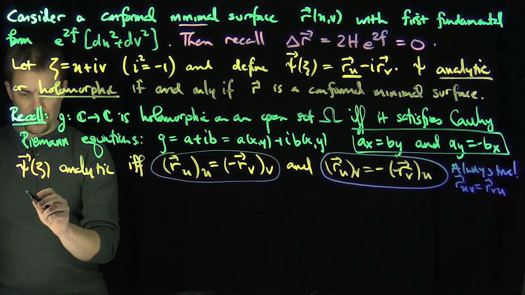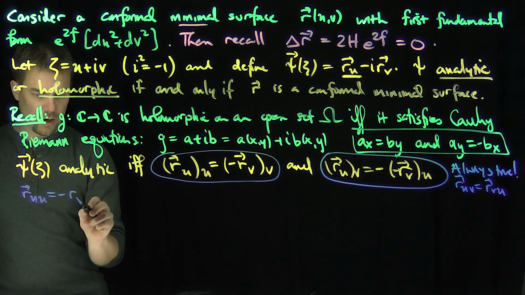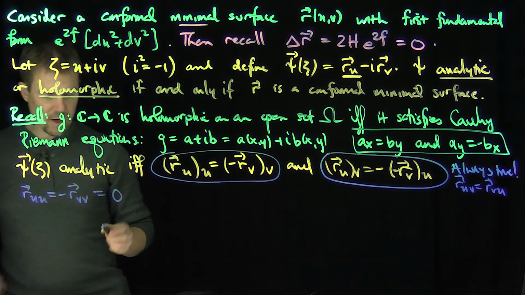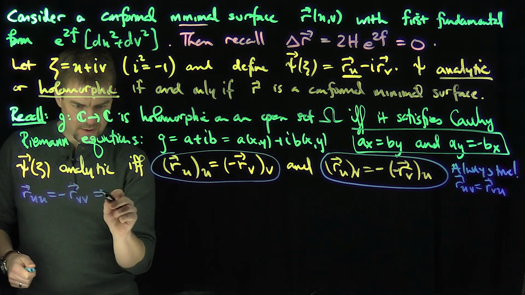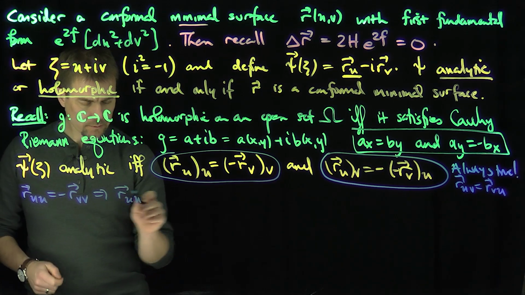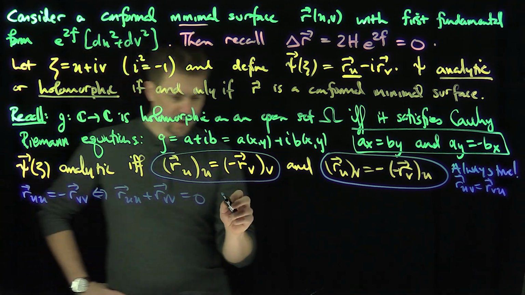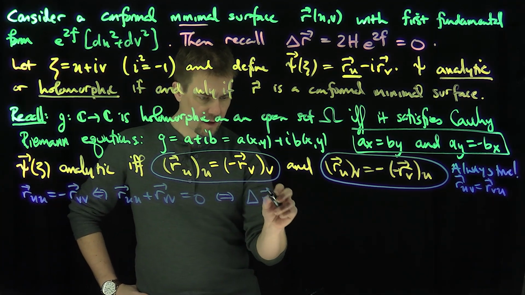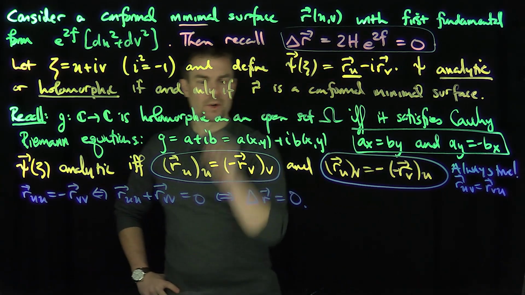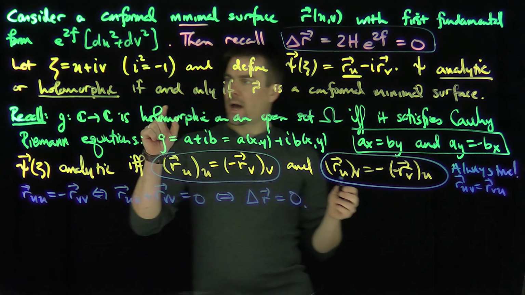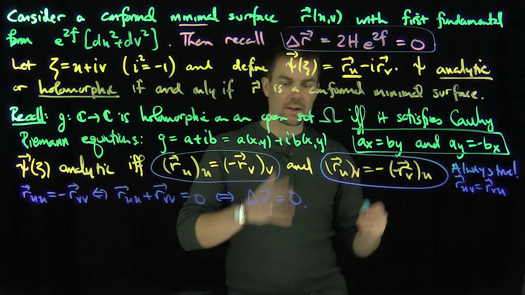This, of course, that condition is really saying R_uu minus R_vv is equal to 0, right? Not equal to 0, but just equal to R_vv. And so this implies what? This implies that we need R_uu plus R_vv to be equal to 0, right? But that's true if and only if the Laplacian of R is equal to 0, which we know is true, right? Because of this formula here, which we proved in a previous video. So in other words, we know that this function psi of R_u minus R_v is going to be an analytic